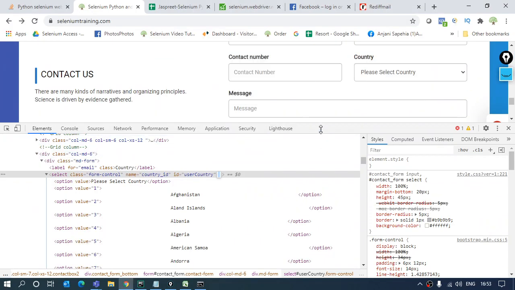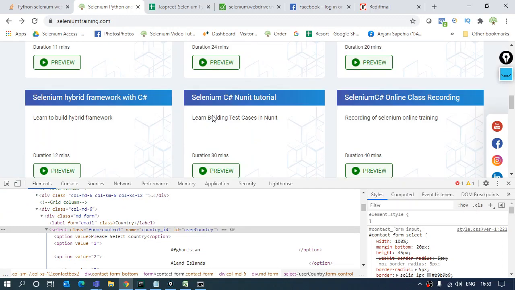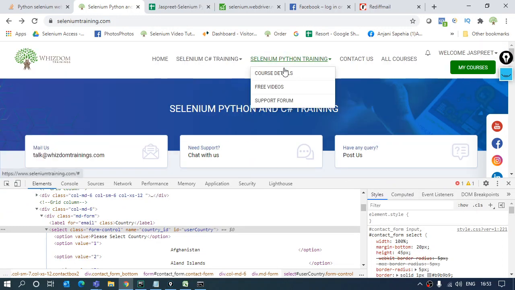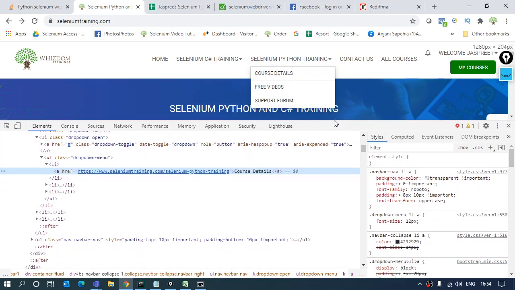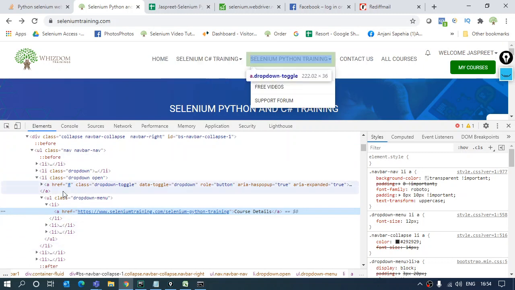Right. Now, same thing if I show you. Right now, you can see that this is a drop down that I can see over here. If I take you above, where I have this other option, this also looks the same kind of thing, just the list is quite smaller, so I don't have to use the scroller over here. If I inspect this, I don't get any select tag over here. You can see, nor far away is there any select tag. So this is a custom drop down that has been made. This is the difference that you need to remember.